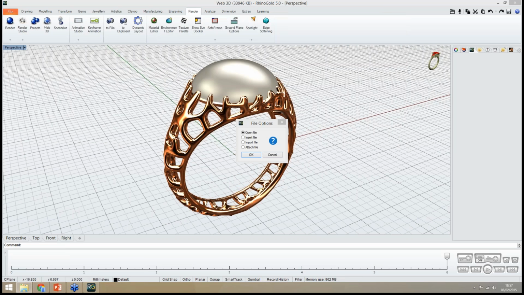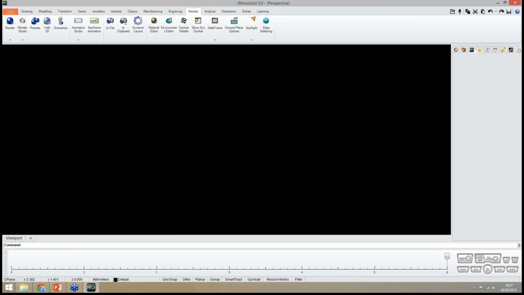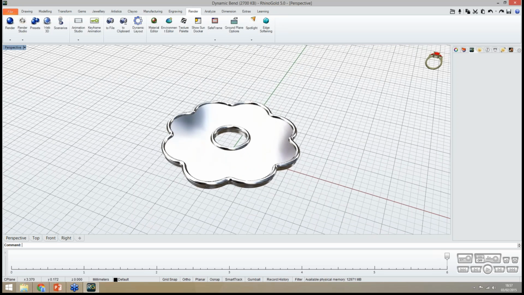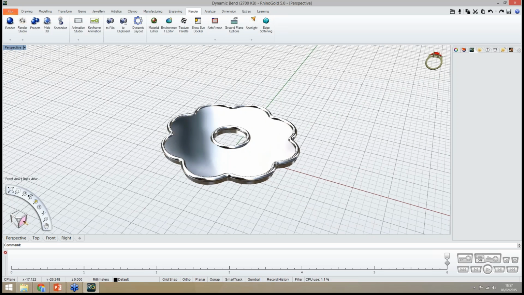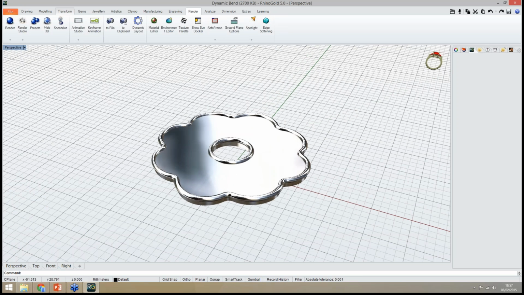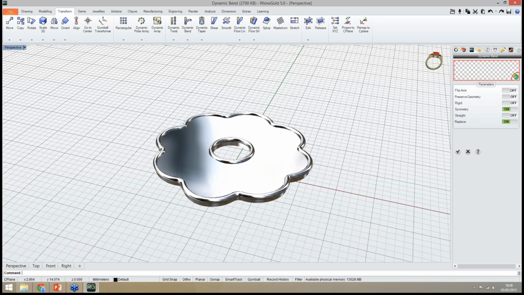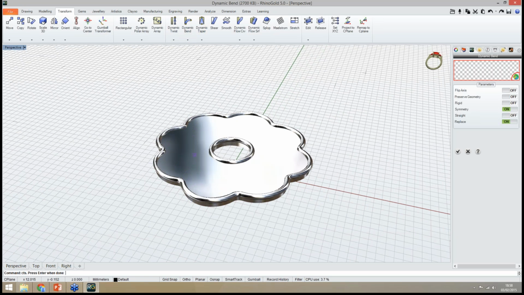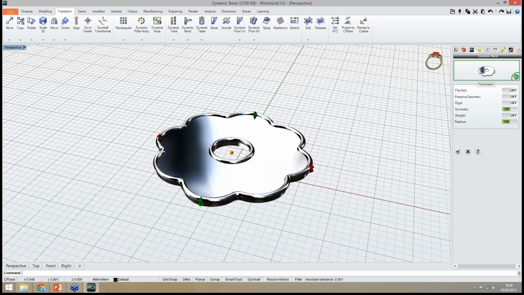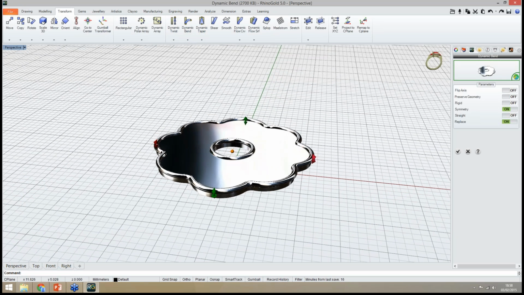Dynamic bend. Let's start with the dynamic bend. So I have this object. The dynamic bend is under the transform tab. Here we have all the dynamic deformation tools. So dynamic bend, I select the objects to bend, and then I have these gumballs which allow me to bend my object dynamically.